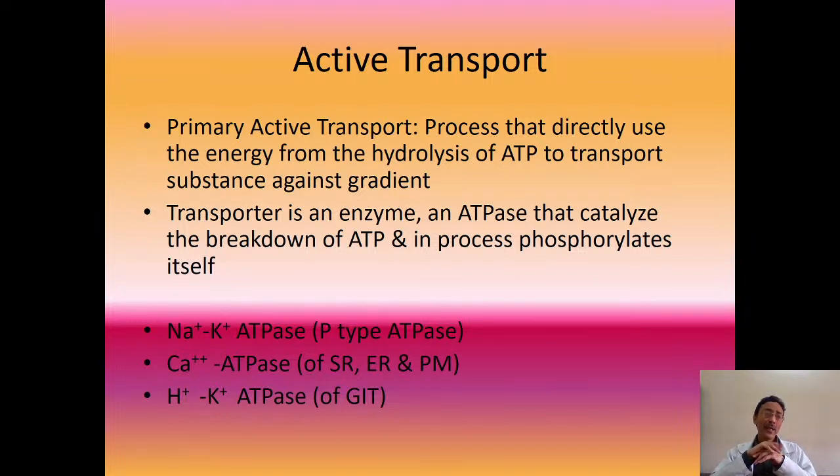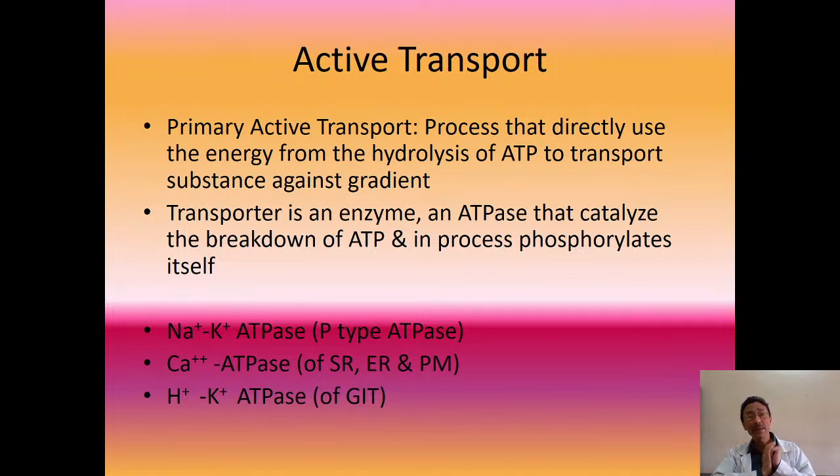Then the calcium ions. What does the calcium ATPase do? Where does it do the active transport? It is basically in the cell. We know that the calcium concentration outside the cell membrane is high. So calcium is transported against the gradient from inside the organelles to the outside, so that the concentration of calcium ions is maintained constant.